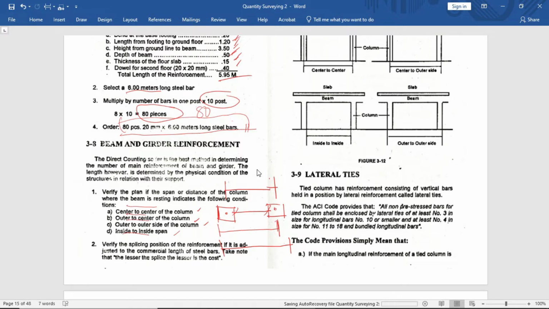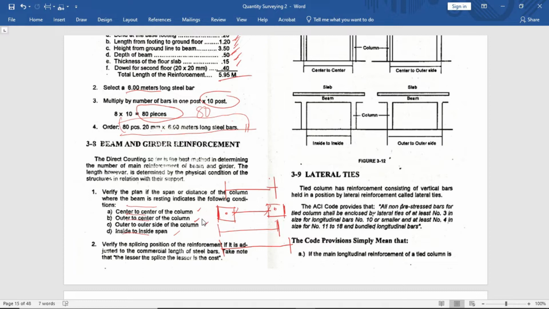Tapos, outer to outer, yan. Tapos, inside to inside span. Yan yung mga kadalasan na dapat yung i-verify sa plano kung paano yung paggamit nila sa distance. Second is verify the splicing position of the reinforcement if it is adjusted to the commercial length of steel